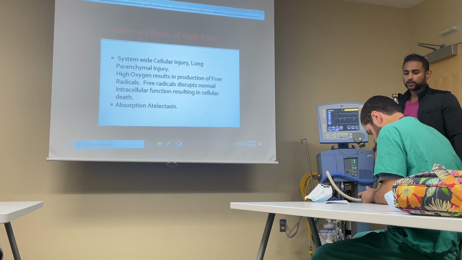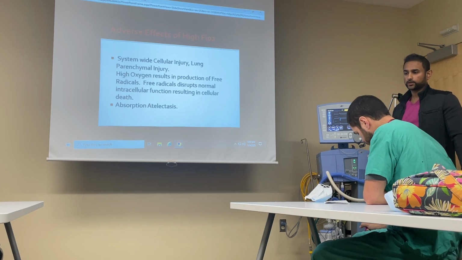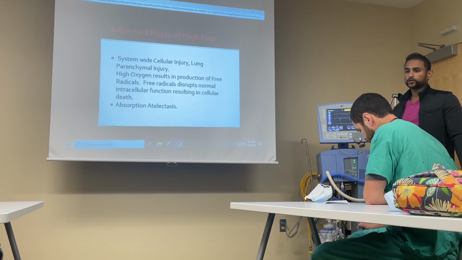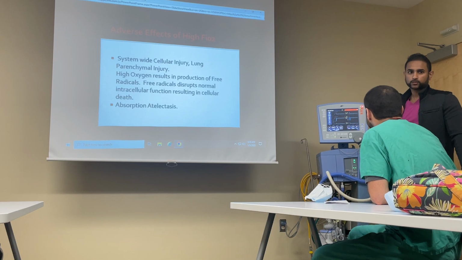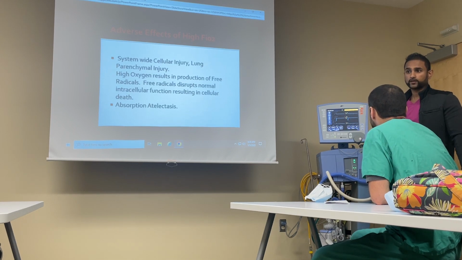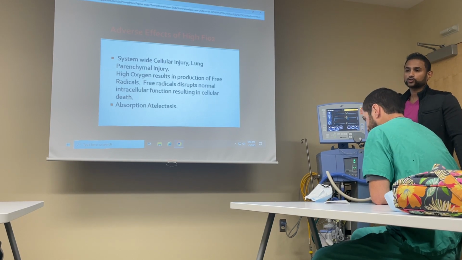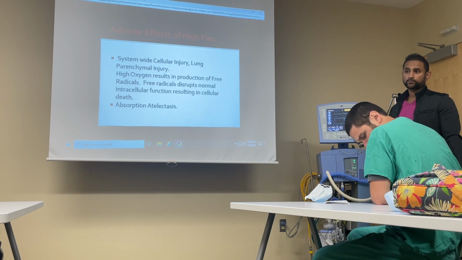Without going into the nitty-gritty of pathophysiology, think about it this way. If you have too much oxygen, let's say 80% oxygen sitting in your lungs, oxygen stimulates the endothelial cells into production of nitric oxide. Nitric oxide in a general sense is good for you, right? It vasodilates and all that kind of good stuff. But if you have too much of that, oxygen interacts with nitric oxide, produces a superoxidant, a very, very free radical,